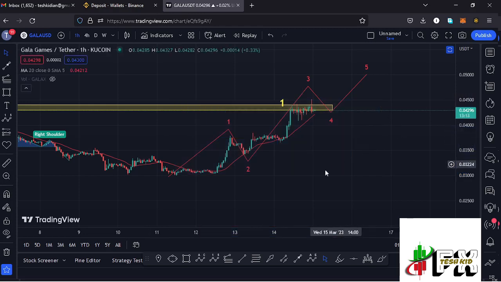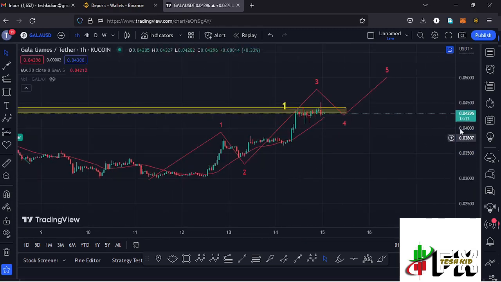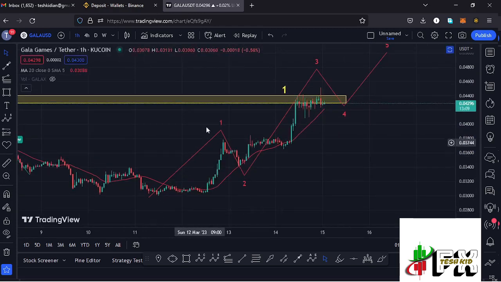And getting to the Elliot wave structures, you can see that I have this Elliot wave structure in red, having that as the first wave. Then we have seen a corrective structure in the formation of that wave 2, and I believe that whatever we are seeing at the moment is the impulsive wave to the upside in the formation of this wave 3, before we can expect a wave 4 and then a wave 5 to the upper side.